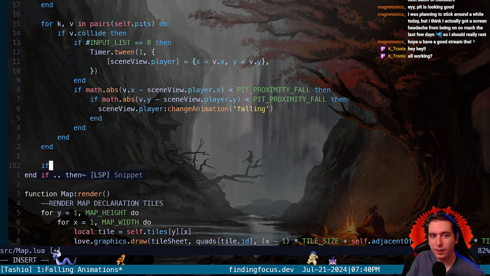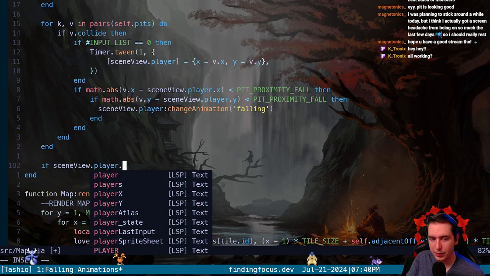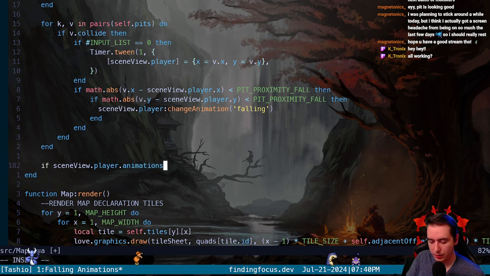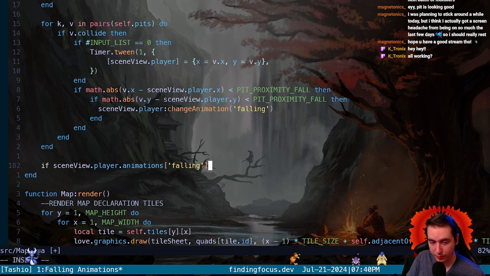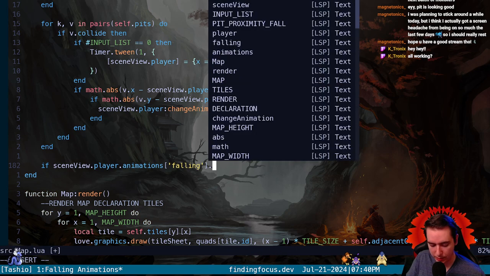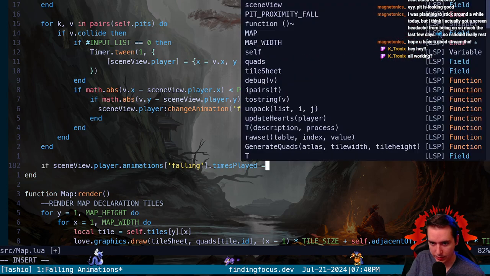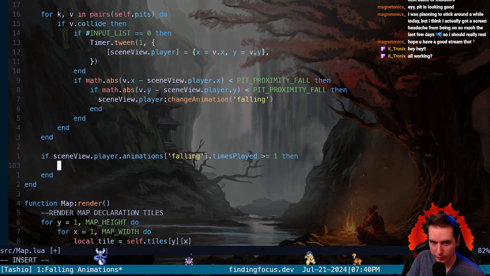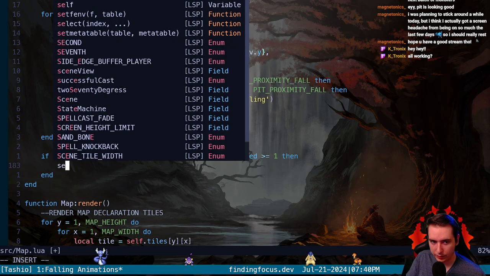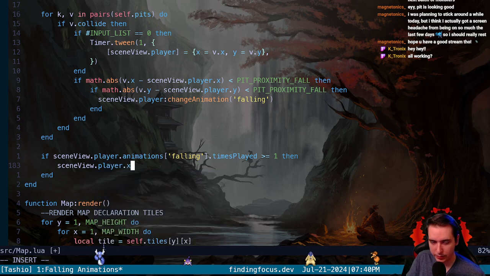If scene view player dot animations index falling, so if our falling animation class times played is greater than or equal to 1, meaning we've finished falling, then let's reset our player's X to be equal to